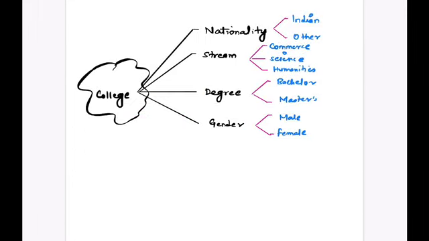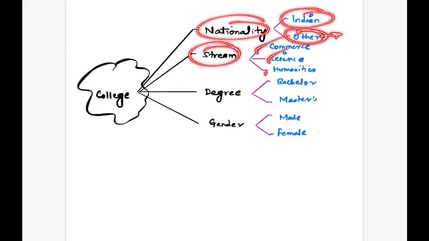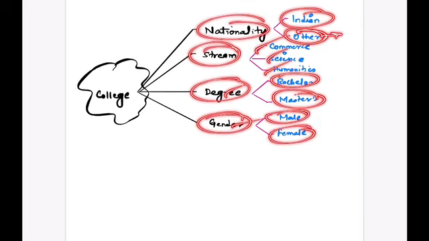Dear students, in the previous question, we got 3 characteristics, namely the town, gender and drinking habit. But we can also get 4 characteristics. For example, as far as a college is concerned, the bifurcation can be based on nationality, stream, degree and gender. Nationality can be Indian and non-Indian others. Stream can be commerce, science and humanities. Degree can be bachelor or masters and gender can be male, female.